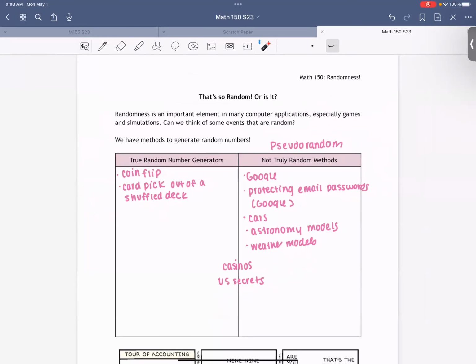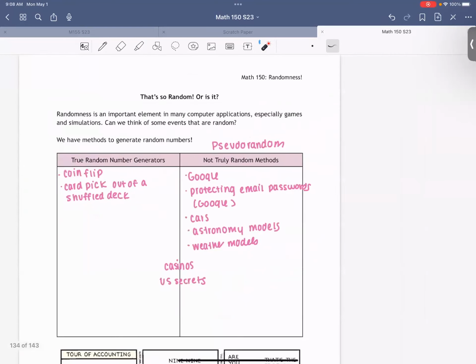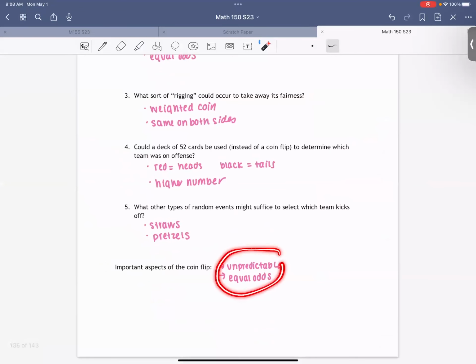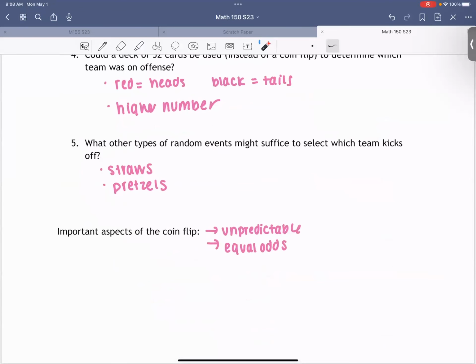Okay, now, what does it actually mean to be random? We said that there were 2 things that went into being random, right? For example, flipping a fair coin. One thing that is really important to make sure that we have randomness is that it has to be unpredictable. You can't be able to figure out what the next number is, or the side of the coin you flip on. If you can predict it, it won't be random.